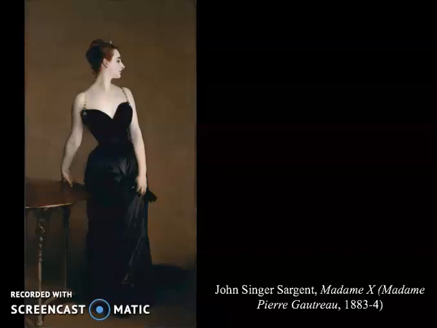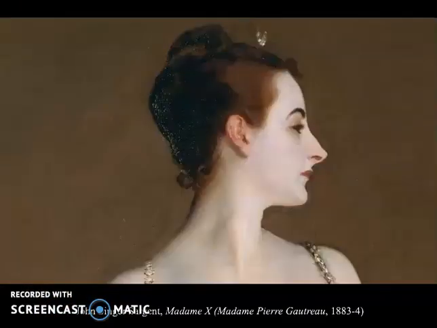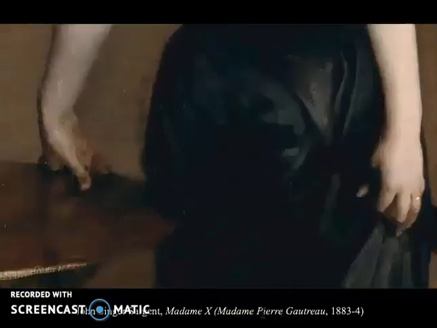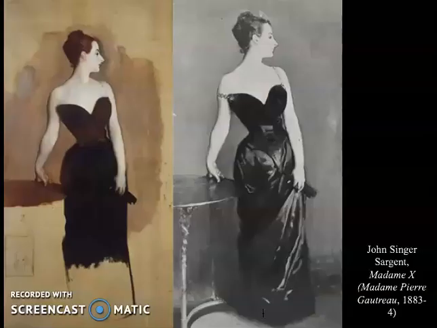himself. He begged her. It was not a commission. It was not something that was commissioned from the family. And he emphasized this sort of gorgeous, daring, sexual image, which is now called Madame X, in this painting. So you have this very sort of sexual image of her in this gorgeous black dress, standing with this table here. And originally in the painting, he had her strap falling off her shoulder, and it received